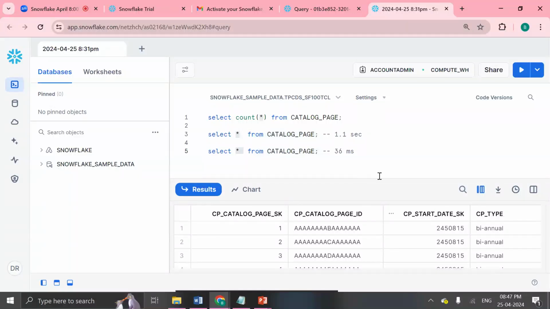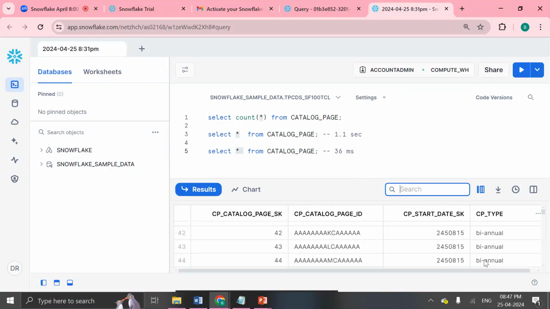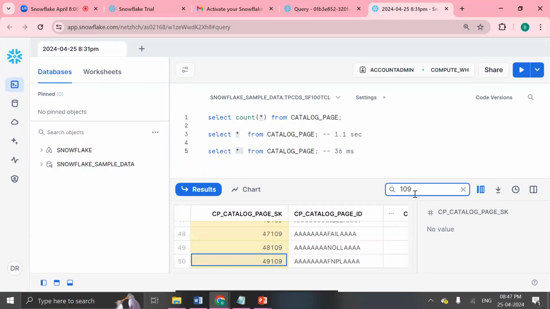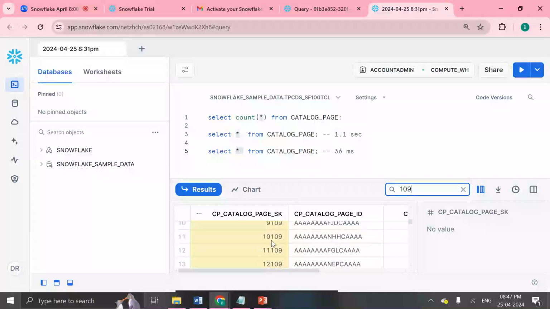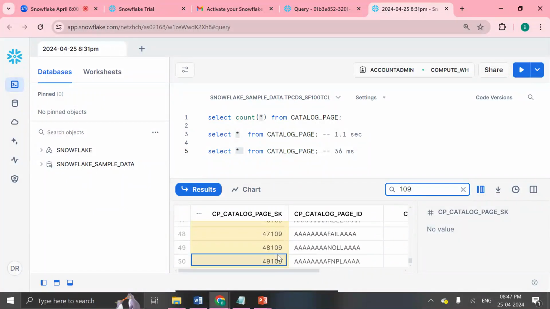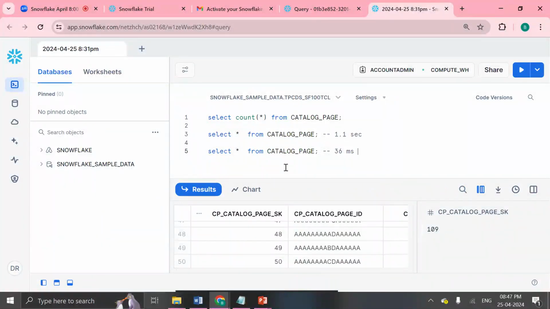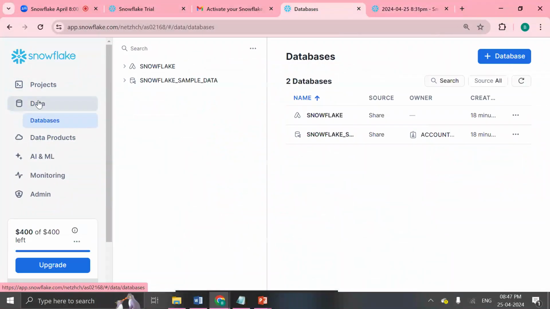If I want to do a filter, click on this, and then I want only the data related to, for example, 109. Wherever 109 is there, I want. I just clicked on 109. See this? Wherever you have 109, everywhere you are getting the data, right? And at the same time, if you want to create a table, create a database, and everything, we have shortcuts here. For example, let's say here, if you go to the data here,